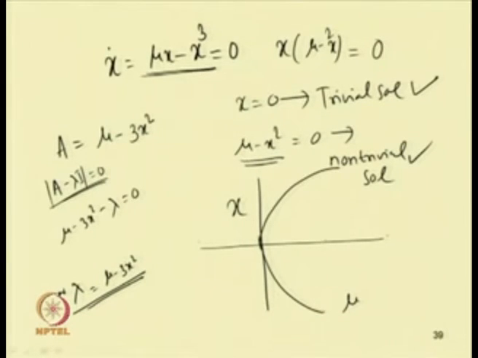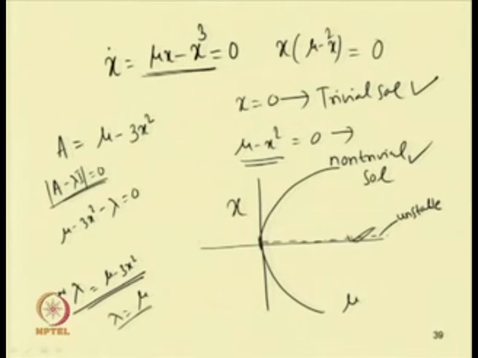Now substituting x equal to 0, we find lambda equal to mu. So, x equal to 0 corresponds to lambda equal to mu. When mu is positive, then lambda is positive. So, the eigenvalue becomes positive, and this branch becomes unstable. So, I can have this branch unstable,